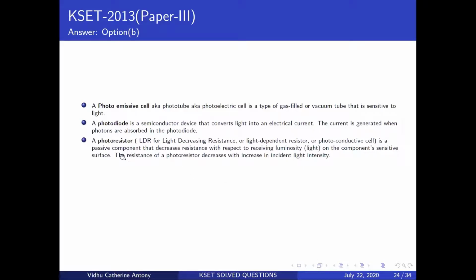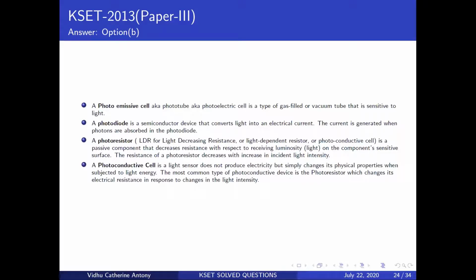The next thing that you have is a photoresistor. This is a peculiar kind of resistor. What happens is you shine light onto it, and the resistance drops. So it's a light-decreasing resistance. There's another thing based on the same concept called the photoconductive cell. You could say the photoresistor is a type of photoconductive cell. The conductance is going to be varied when light falls onto the photoconductive cell. So that's the summary of that whole set of terms.